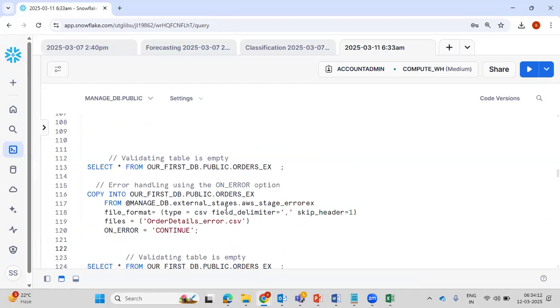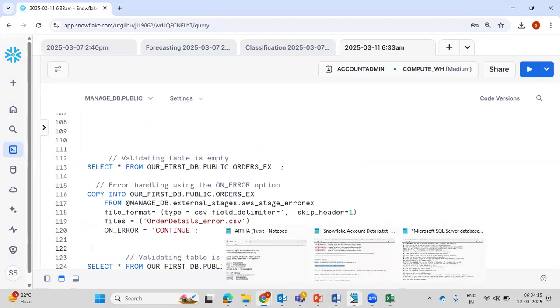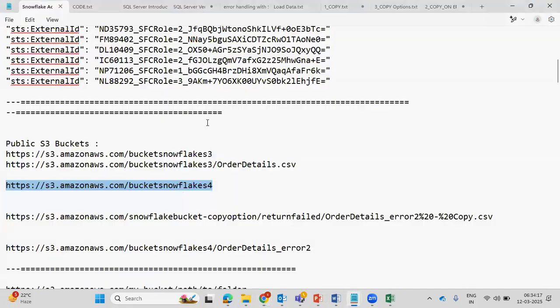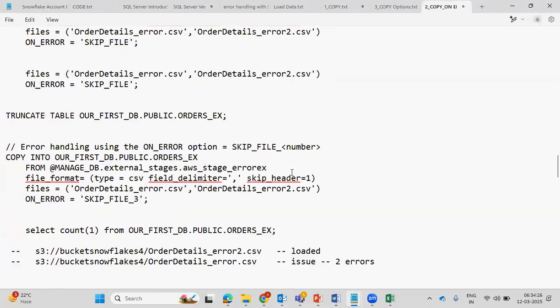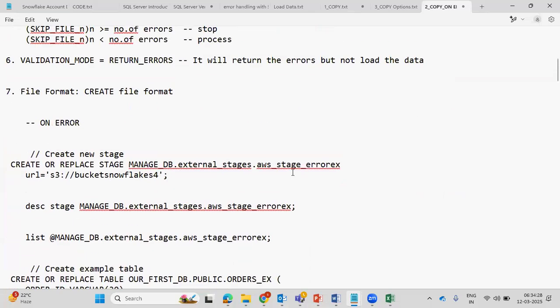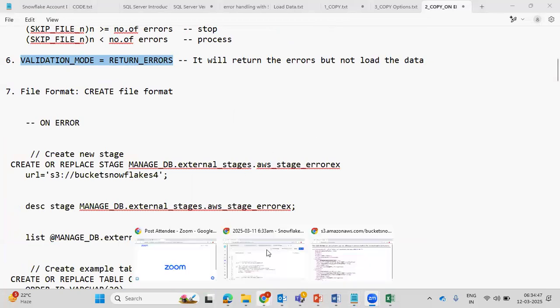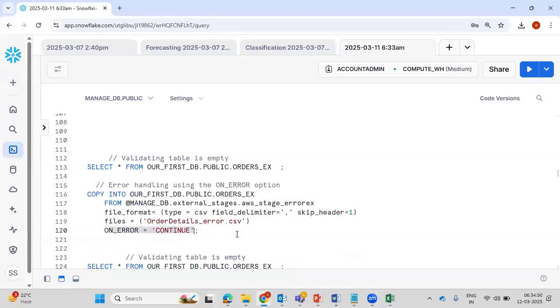Once you process. But with the validation mode, whatever we have discussed here, where is that? On error. Here with the validation mode, we will see that one. With the validation mode equal to return errors, it will give you all the errors pin to pin. If you have 10 errors in the file, it will list out all the 10 errors. If you have 5 errors, it will list out all the 5 errors. But this is on error equal to continue, it will just give you the